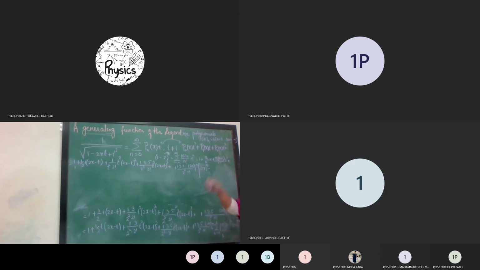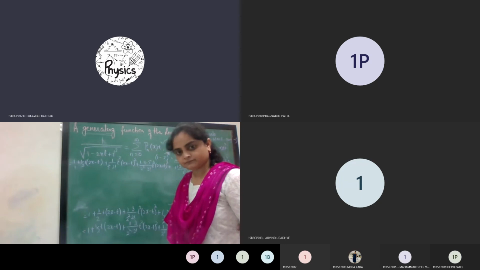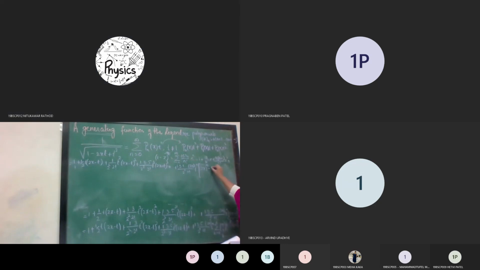N. कौन बोला ये? N. Yes, it is n. nC1 is n and 2x raised to n minus 1 into t raised to 1, plus up to plus. कहाँ तक nth term तक जाएगा ये? This is the finite term, but we are not going to write the other terms because we don't need it.